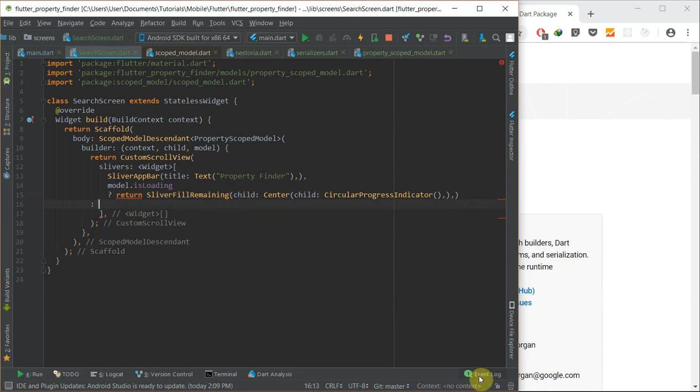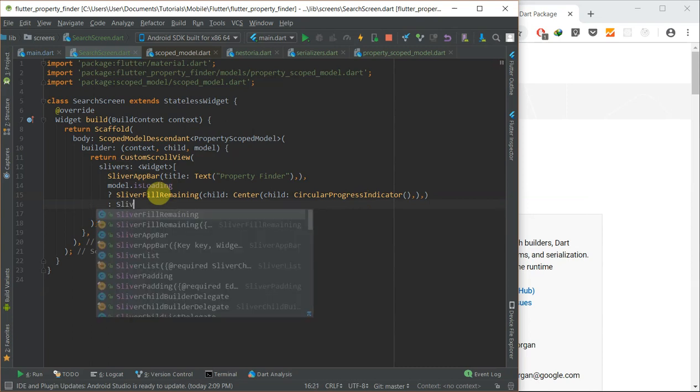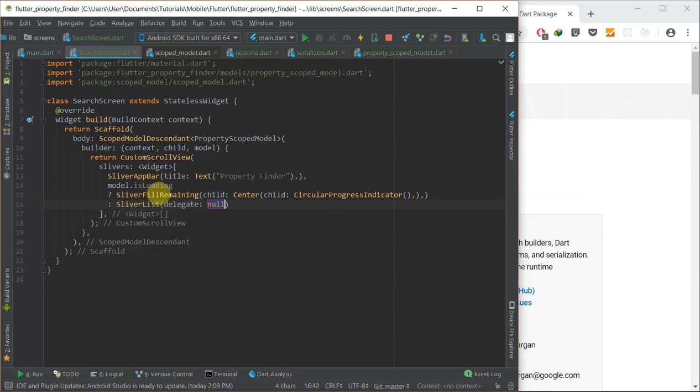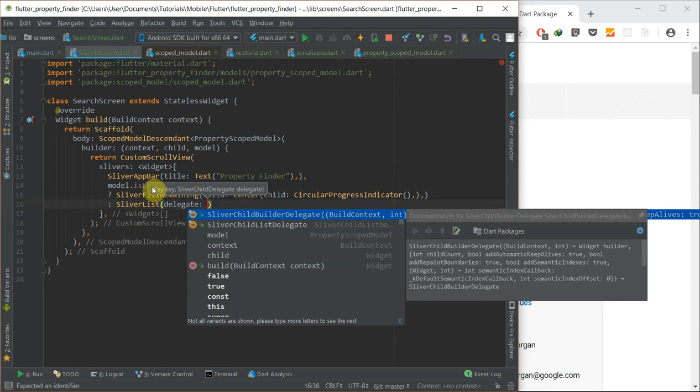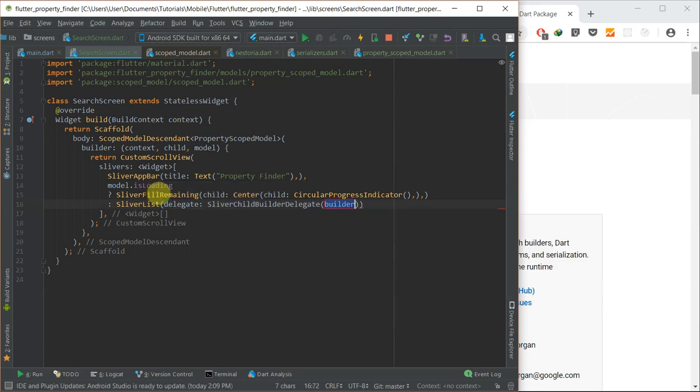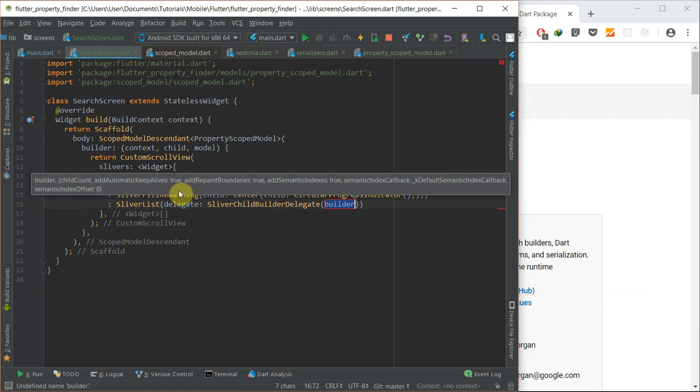Let me check something. Okay, this is not necessary. So if it is loading, show a circular progress indicator. If it is not loading, we show a sliver list. Okay, so the list is going to be SliverChildBuilderDelegate,